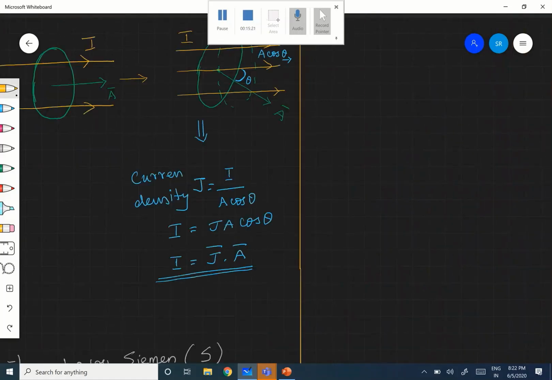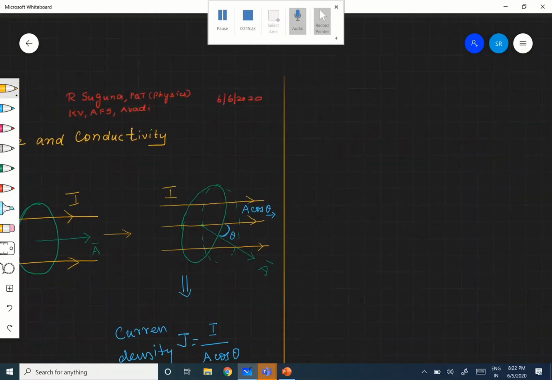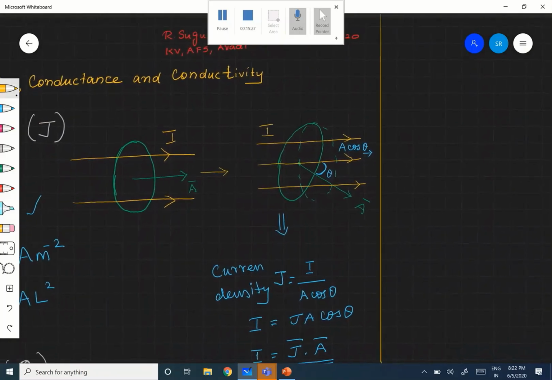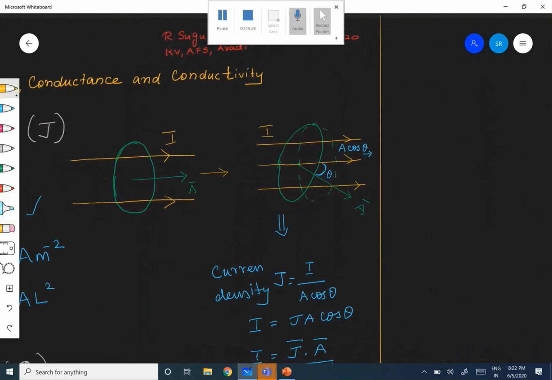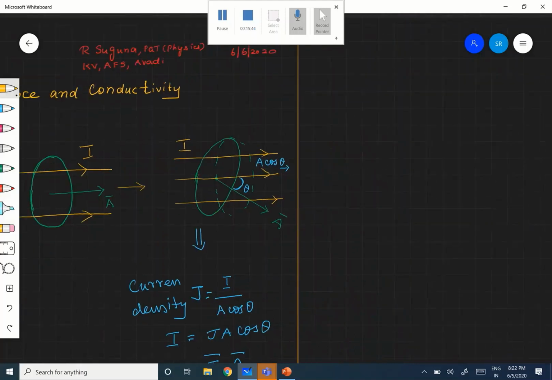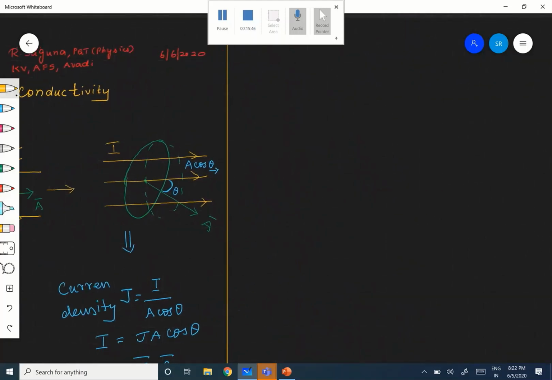Now we are going to see something very important. We have seen three terms here. How are they related to each other? For example, now I just want to give you the relation between